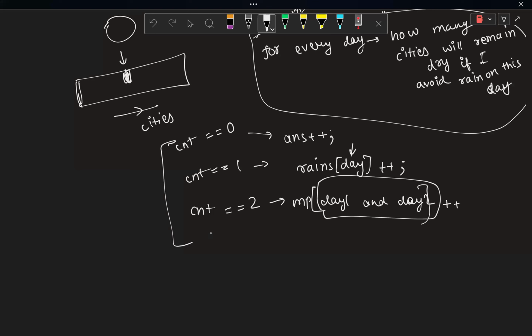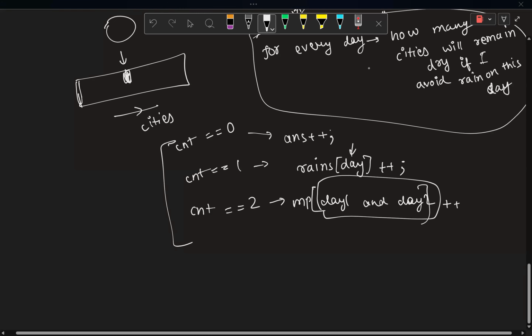Now this part should not be hard for you if you are actually solving till Div 2 E. You should be able to solve this part on your own. I will show my code for reference, but I'm not really explaining the whole implementation of how we do this. And in case the count is greater than or equal to 3,